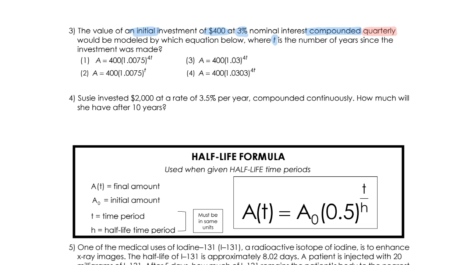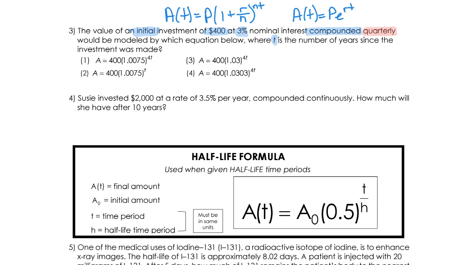All right, guys, so we have to think back. Because they said compounded, we have two formulas to use, correct? We have our A of t equals P(1 + r/n)^(nt) formula. We also have our A of t equals Pe^(rt) formula. Both are compound formulas. But because they said quarterly,